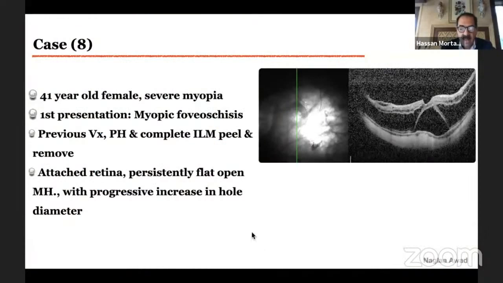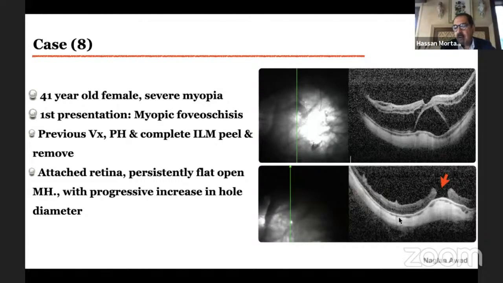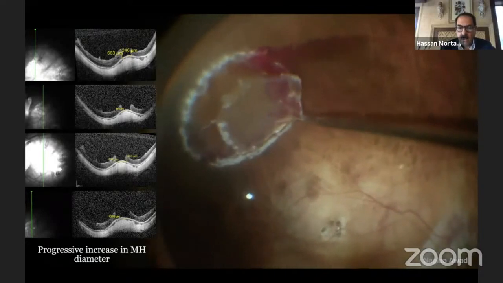What happened if we peeled the ILM over the macula? I did this case. This was a severely myopic 41-year-old female. I did an ILM peeling and removal, and I was punished by the occurrence of a macular hole, and the hole underwent progressive enlargement, and the patient, although at the beginning she had improved in the visual acuity, but the vision started to diminish. So I decided to perform an autologous free